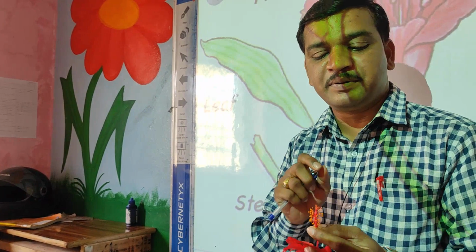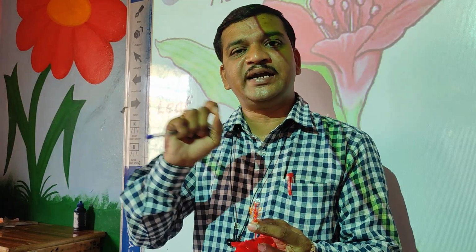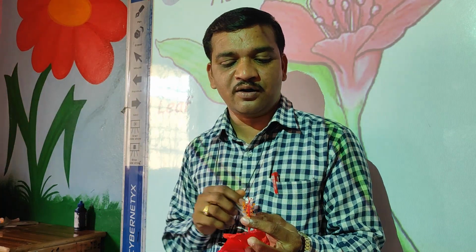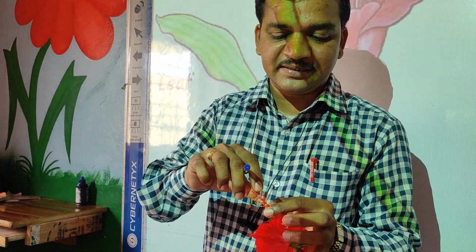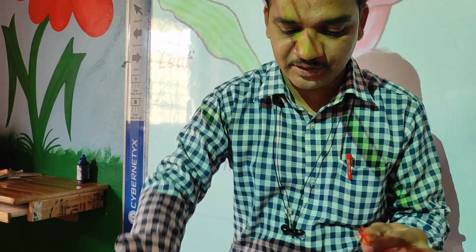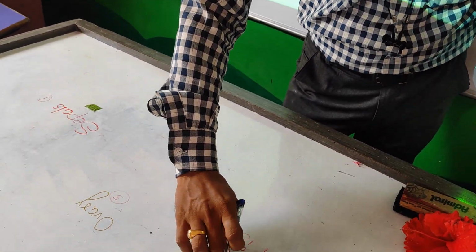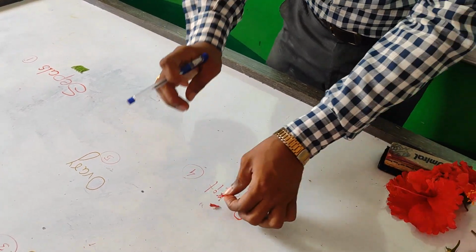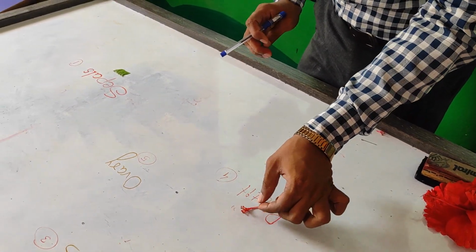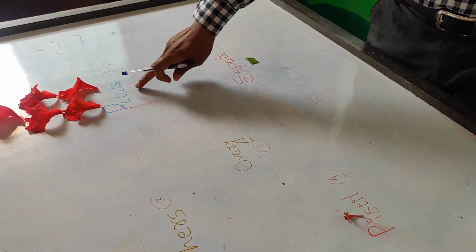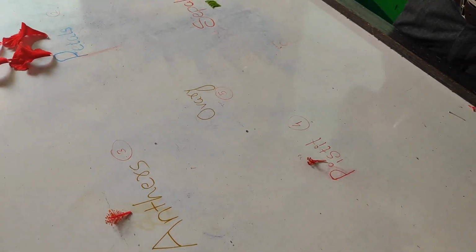So what is the function of this pistil and anthers? The function of pistil and anthers, both are important in reproduction. Okay, so both these parts are important in reproduction. So you can write the function: this is the male and female part, both are involved in the reproduction of flowers. Okay, so these are pistils. I will remove them now and place them here. So in the same way you can also remove the pistils, anthers, sepals and petals.